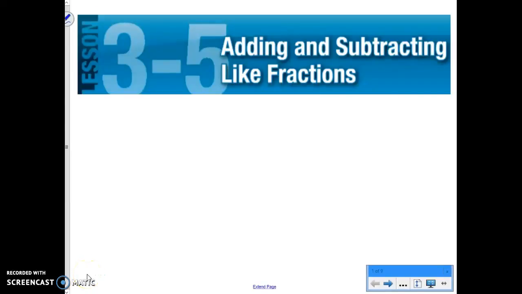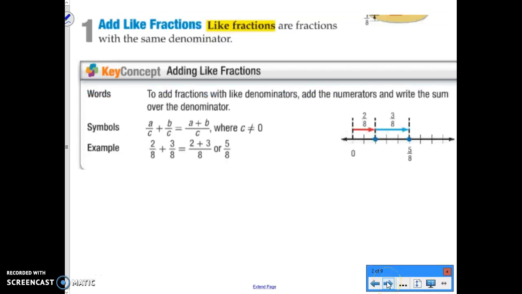Okay, today we are adding and subtracting like fractions. This is chapter 3, lesson 5. Alright, so two like fractions are fractions with the same denominator, a common denominator. So here in words it says to add fractions with like denominators, you add the numerators and write the sum